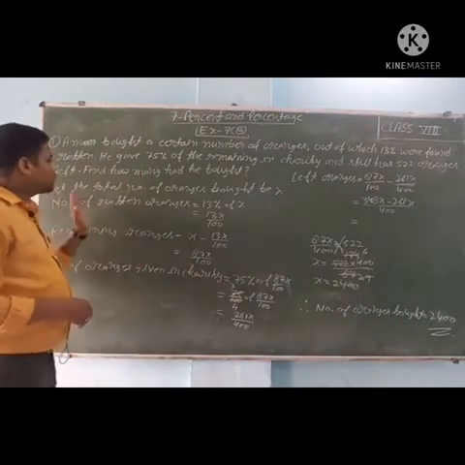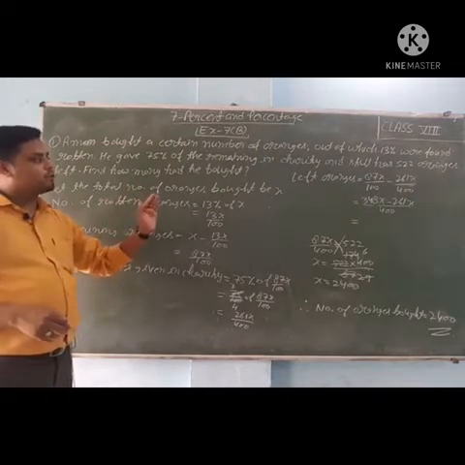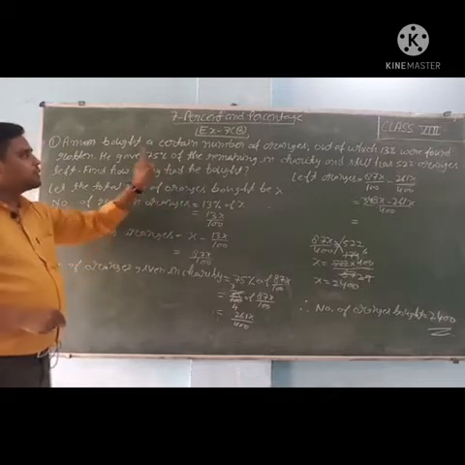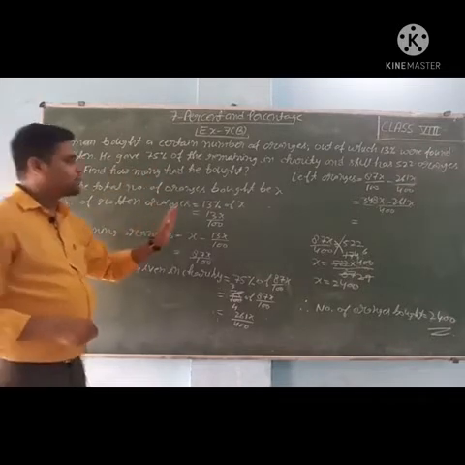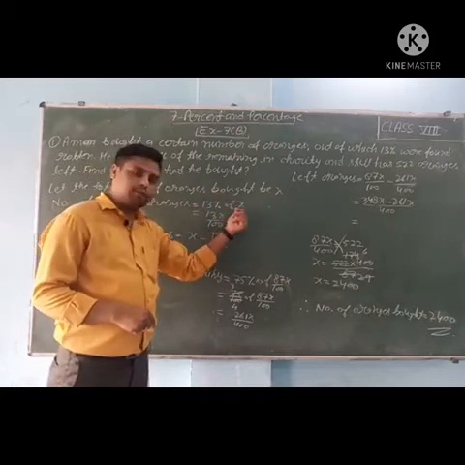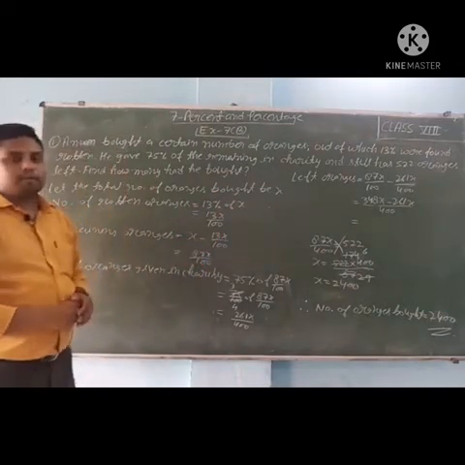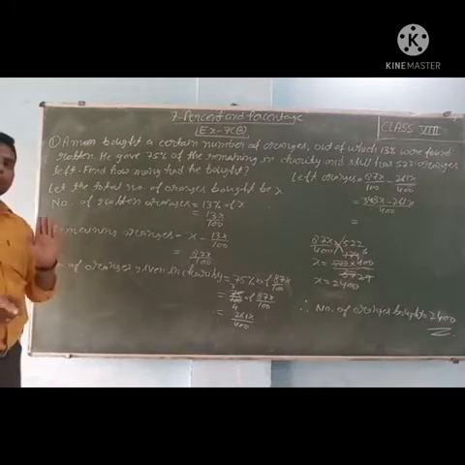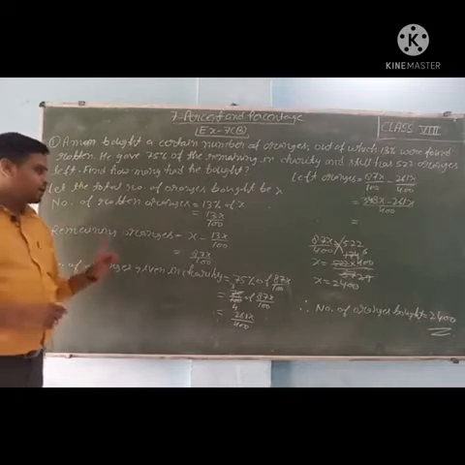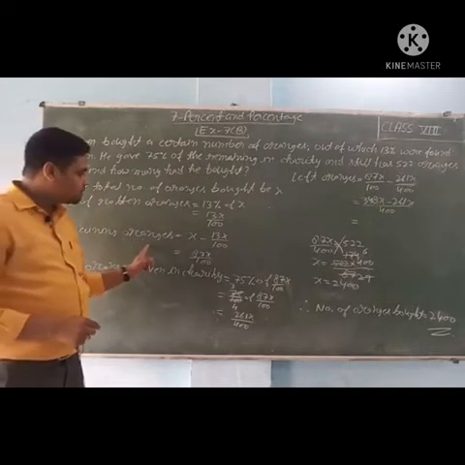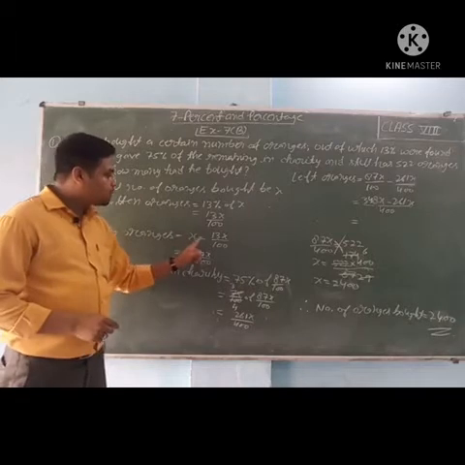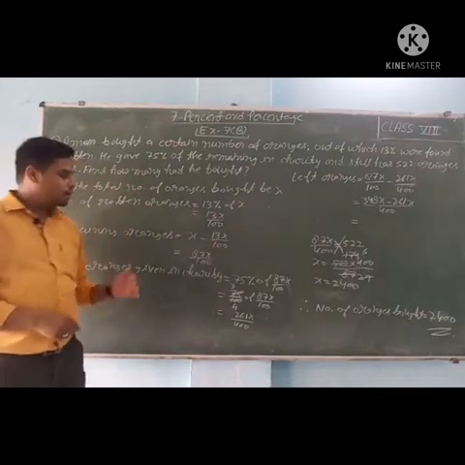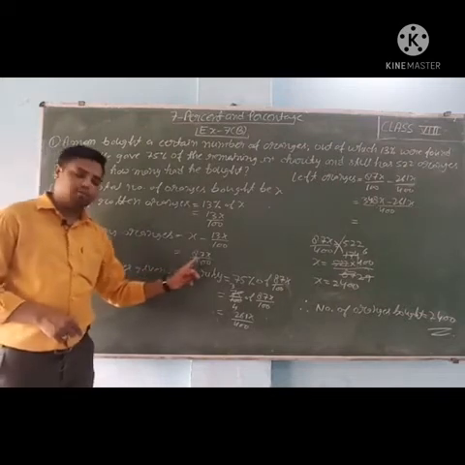So let the total number of oranges bought or purchased be x. The number of rotten oranges is equal to how many percent? 13%. So 13% of the total oranges, that is x, is 13x upon 100. Because 75% of the remaining was given in charity, first we will find the remaining oranges. So remaining oranges is equal to x minus the number of rotten oranges, that is 13x upon 100. So the remaining oranges after the rotten ones are 87x upon 100.